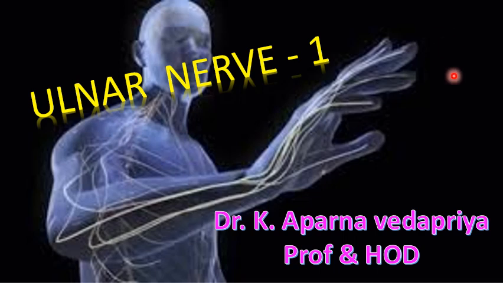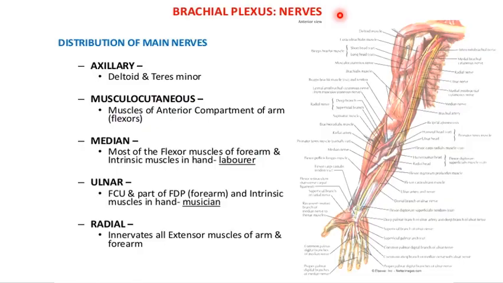In this video, we are going to see about the ulnar nerve in detail. So to have an overview of the nerve supply of the upper limb, which are all the branches from the brachial plexus, the main nerves that are distributing their supply are the axillary nerve, which supplies mainly the deltoid and the teres minor. The musculocutaneous nerve being the nerve of flexor compartment of the arm, supplying all the flexors of